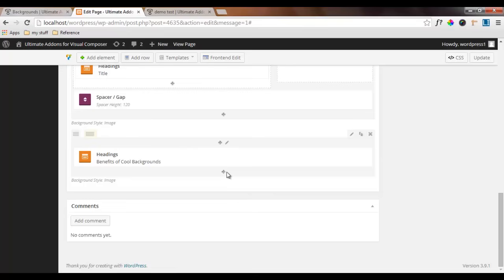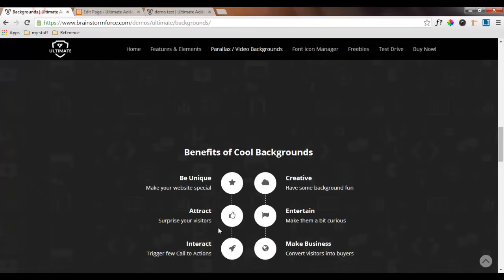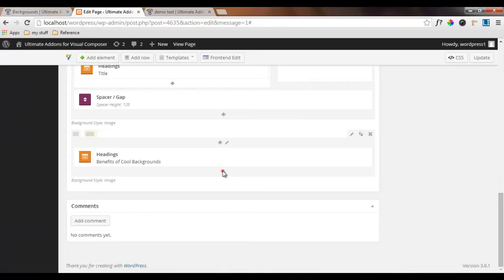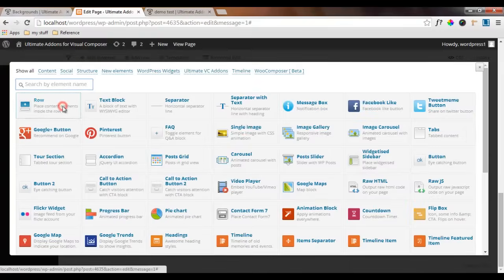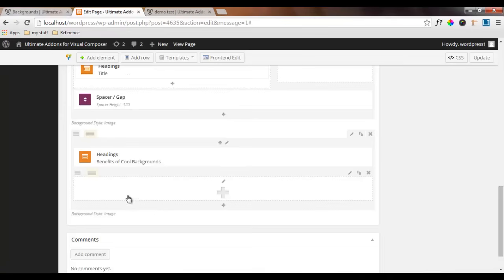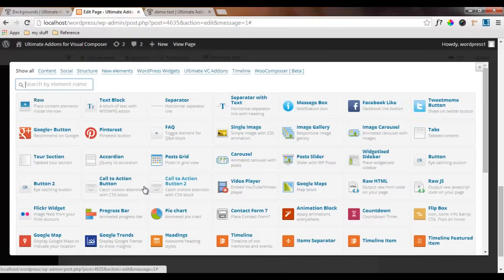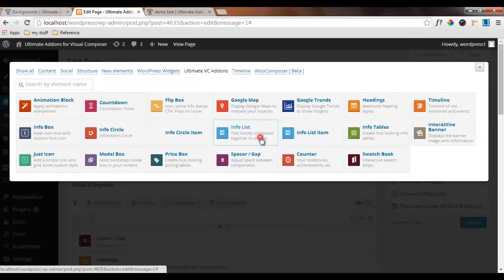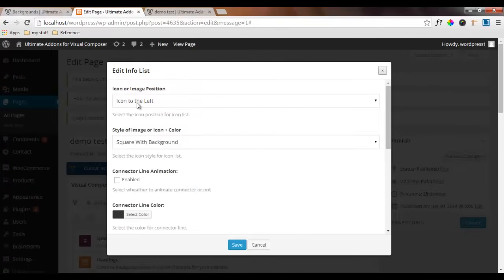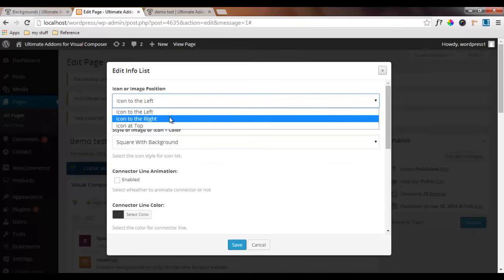Now for the info list, as we can see that we have some info lists. For the info list, I'll add a row inside that main row and divide it into 2 columns. Now I'll add an info list. Here we are. I need my icon to be on the right hand side,